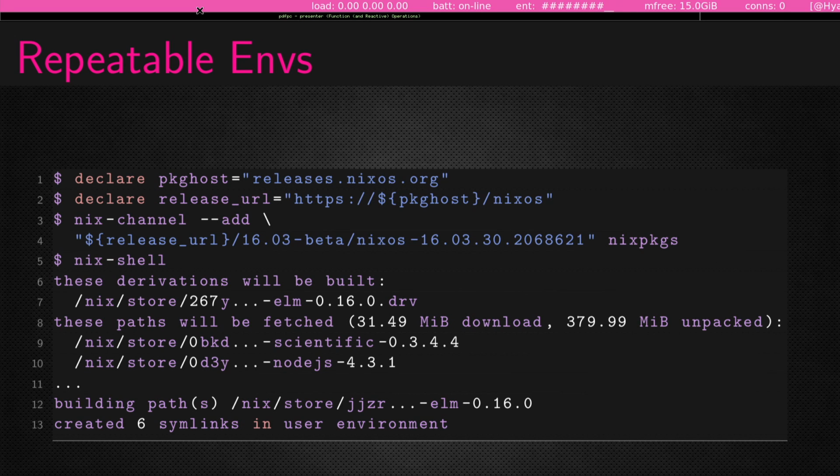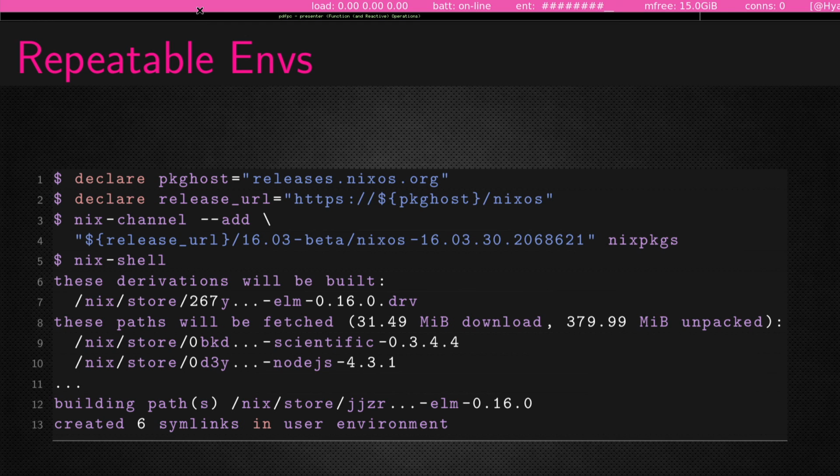And so here all I'm trying to say is if you pin down the channel version, right, you can refer to the channel version by a URL that you use to download the archive that contains all of the package definitions. But once you do that, you've actually got a repeatable environment.